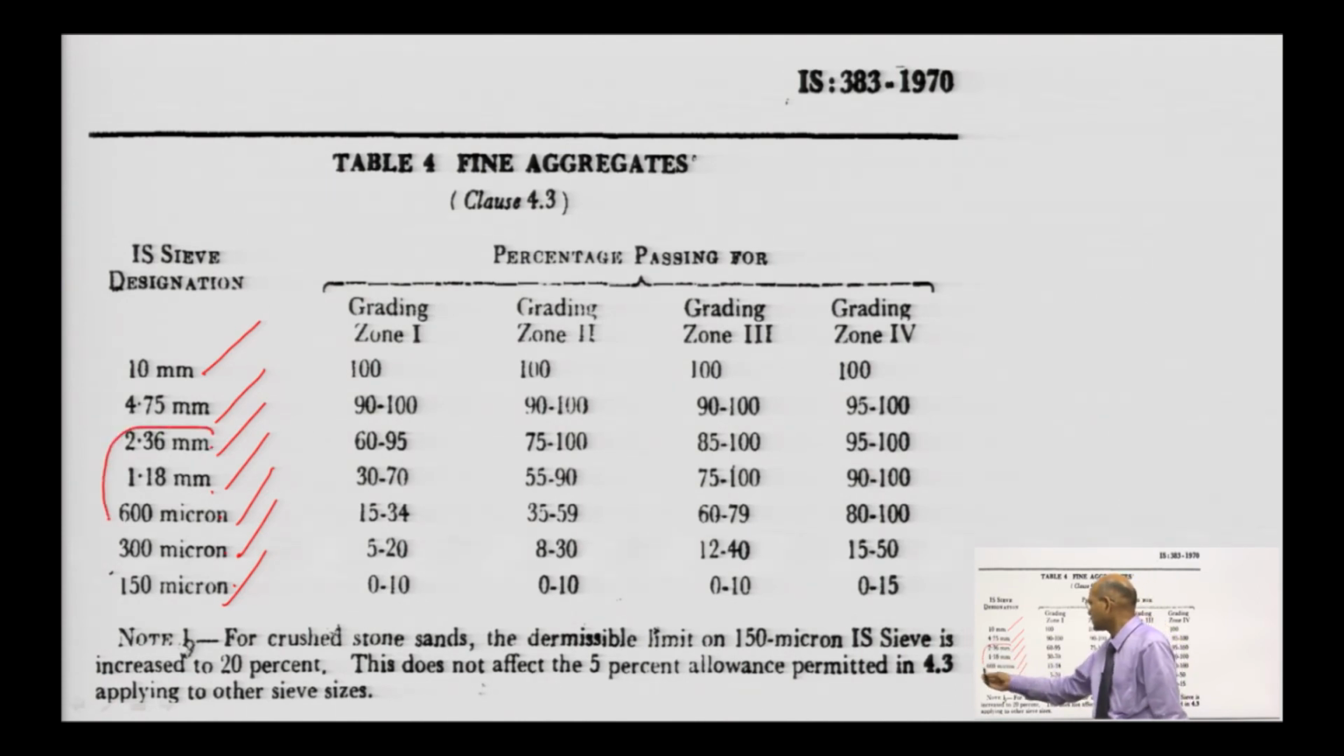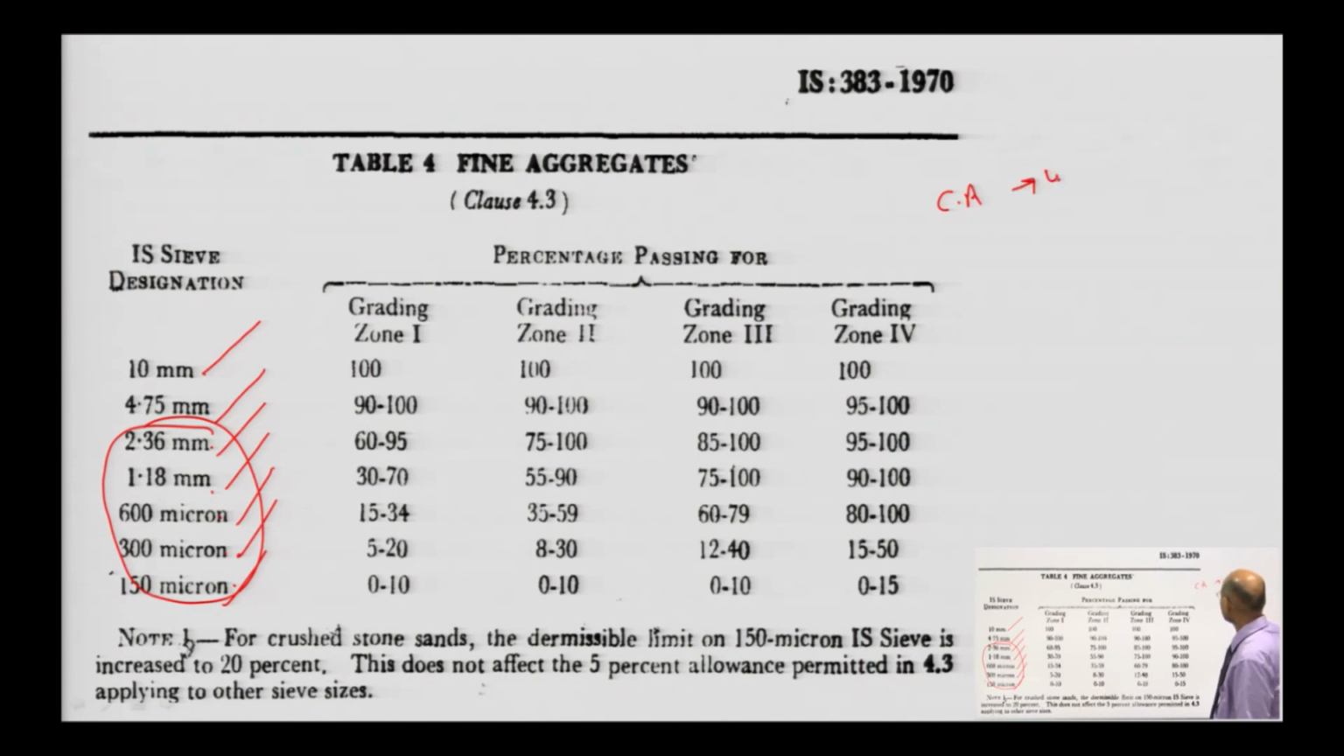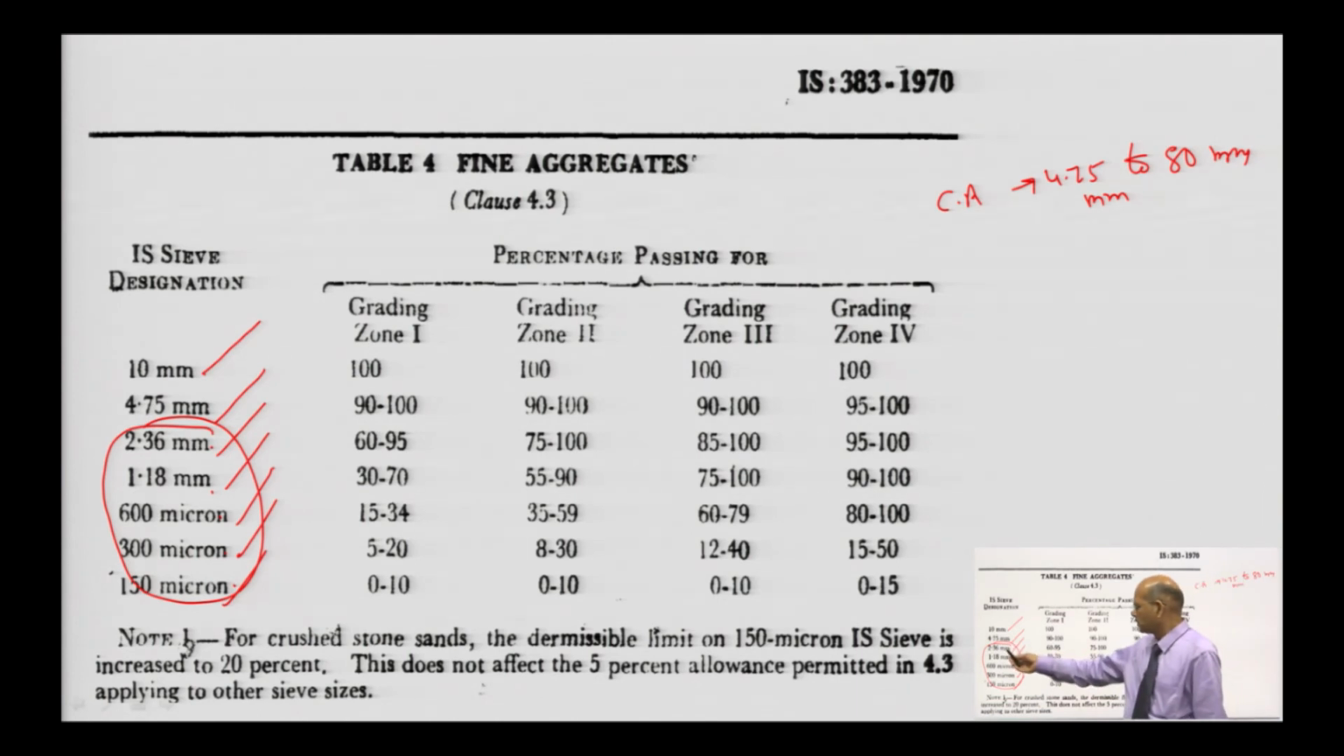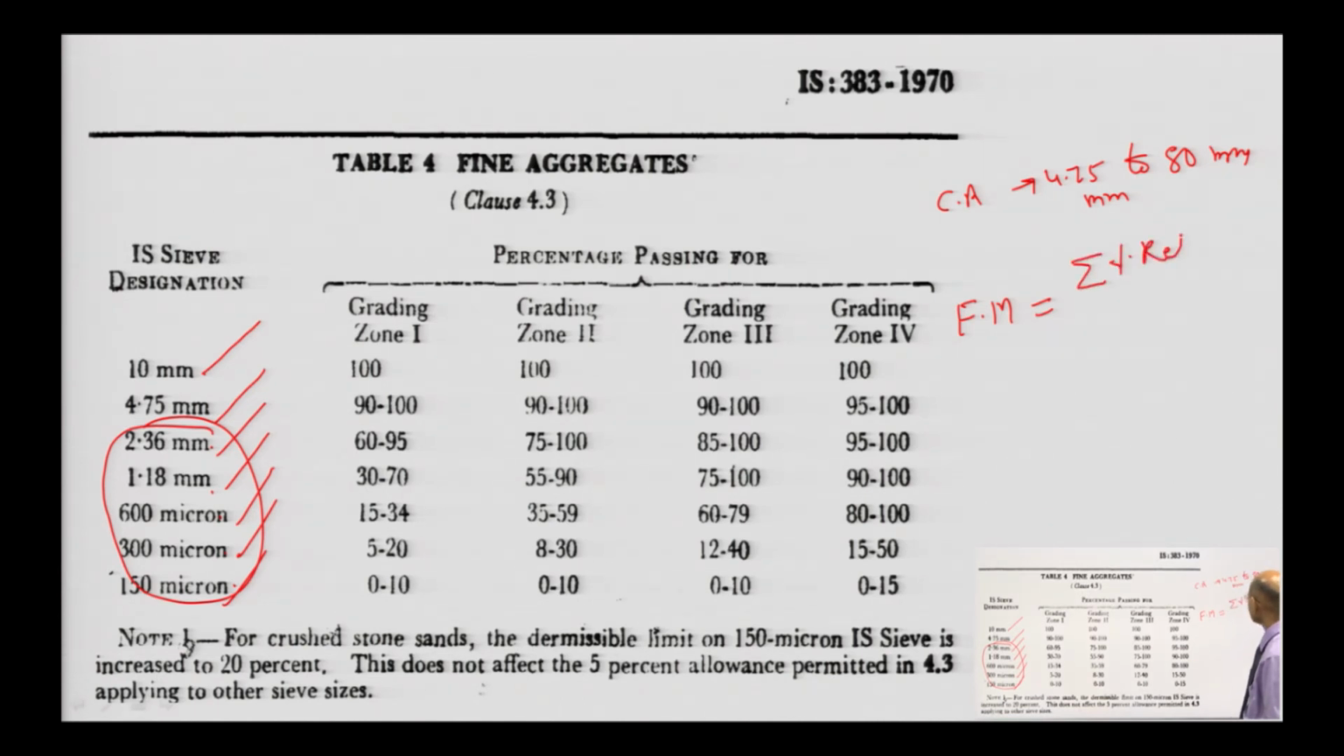So, 100% material is going to retain on this sieve, because coarse aggregate is ranging from 4.75 to 80 mm, 4.75 mm to 80 mm. So, this is certainly going to retain on this sieve. So, whenever you are considering the fineness modulus of coarse aggregate, in that case whatever the percentage retained, okay,